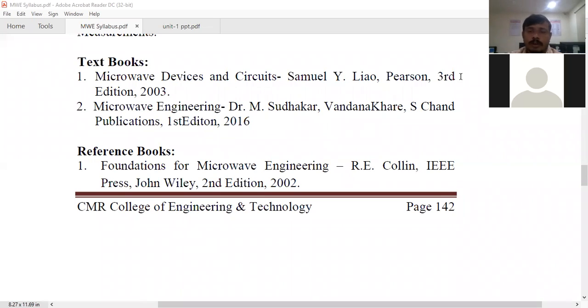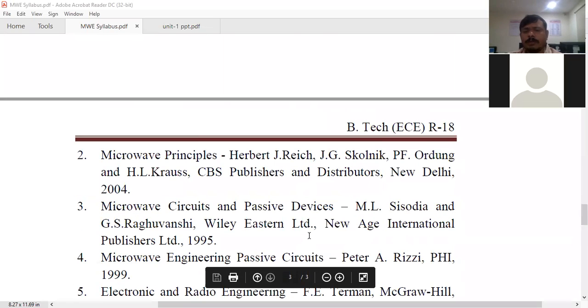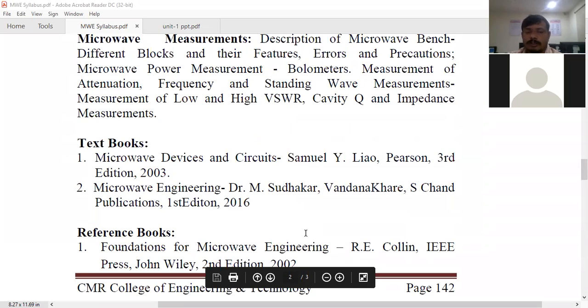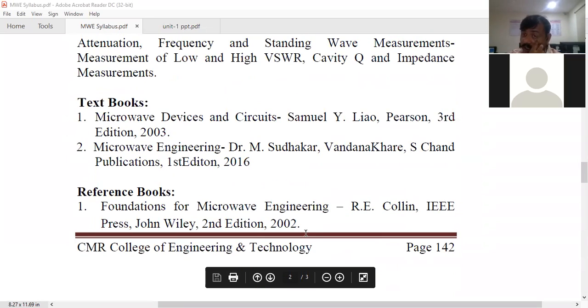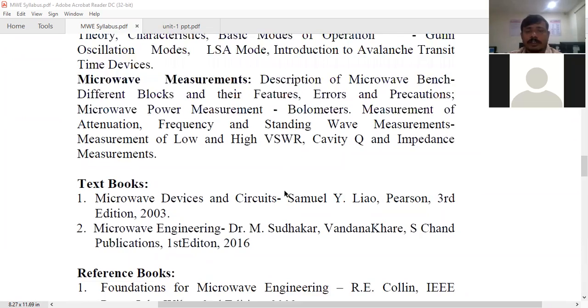So you can take the first book, Liao. You can download it or get it from the library. And one more book is Kulkarni. Many local books are also there that you can take, no problem. But some mistakes are there in those, so you can cross-check with our notes. That is very important, right? I think you have some clarity.